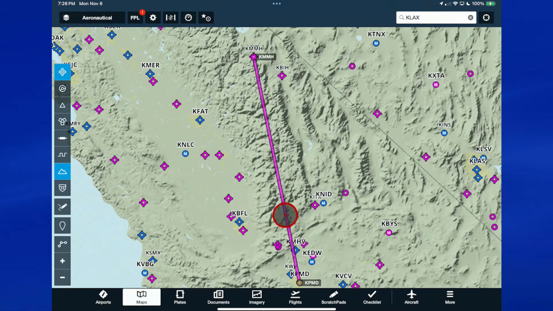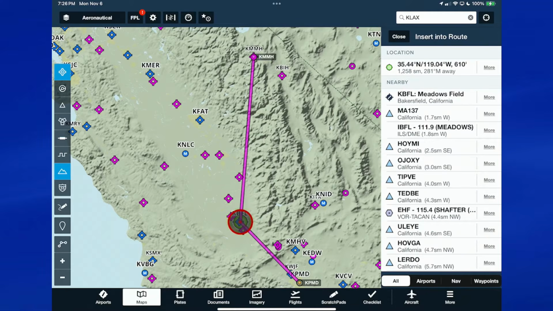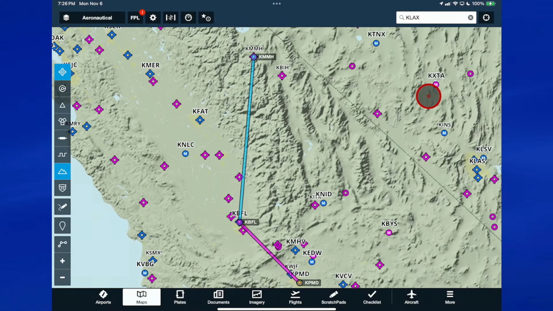So I'm just going to take this, and you've heard the term rubber band. I'm going to drag it over here to KBFL, which is Bakersfield, and I'm going to drop it right on top of the airport. Right now we have all selected, so it's going to show me all the things near where I dropped at, including the latitude and longitude. I could select the latitude and longitude, or for situational awareness, I could just select the airport because that's what's going to show up on my flight plan. And if I have to divert at any time, it's already in there. That's why I like to select the airport for a number of reasons. So I click on the airport and it's added to our route.